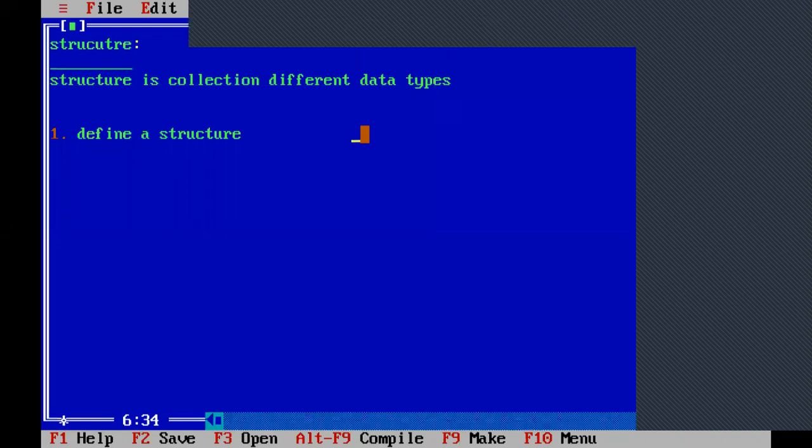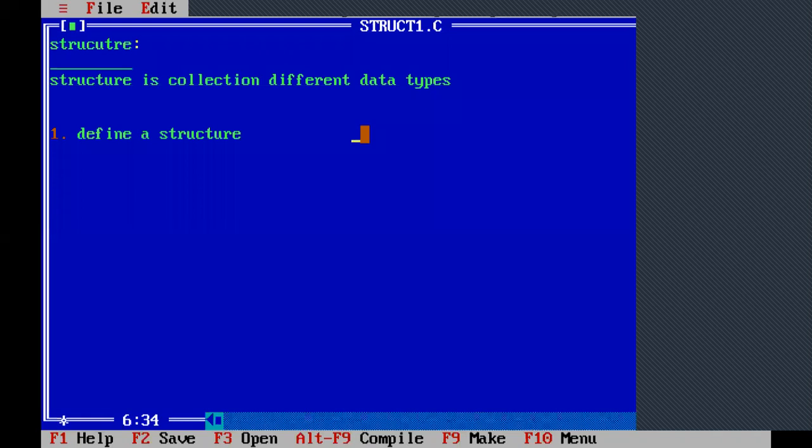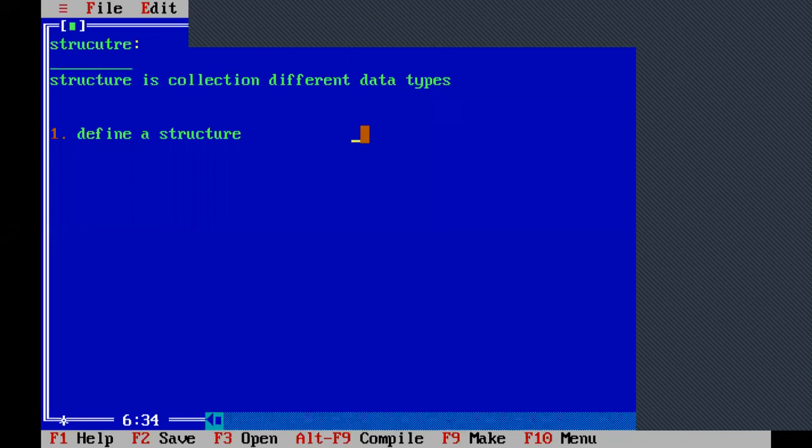So all these three variables belong to only one employee, so that I have to group all these three elements under one single unit. That single unit is nothing but a structure, because all these three variables belong to three different data types. That three different data types we can group under one single name by using the structure only, not by using the array. So first we talk about how to define a structure.